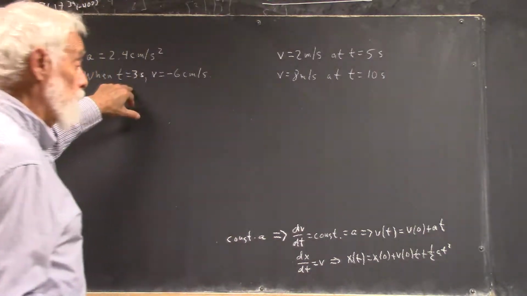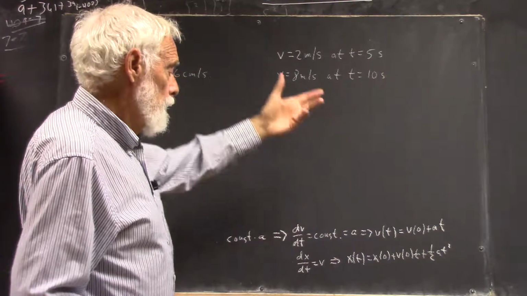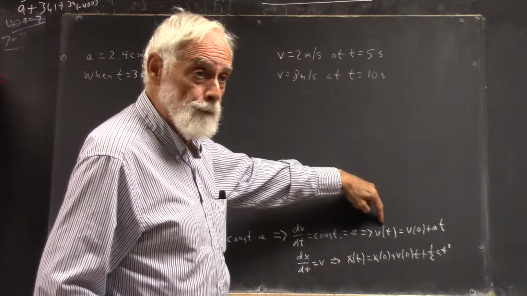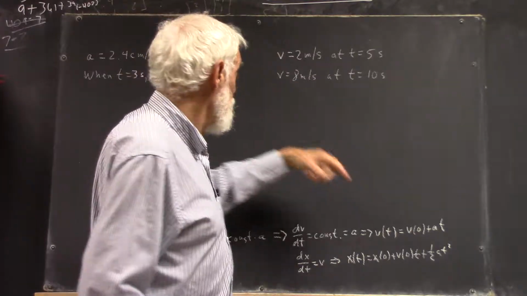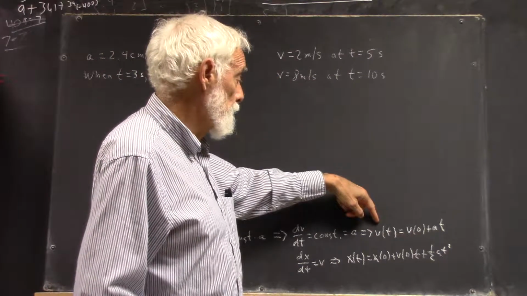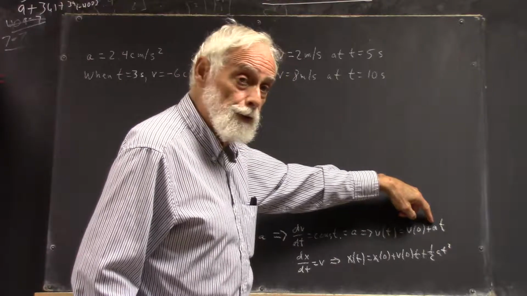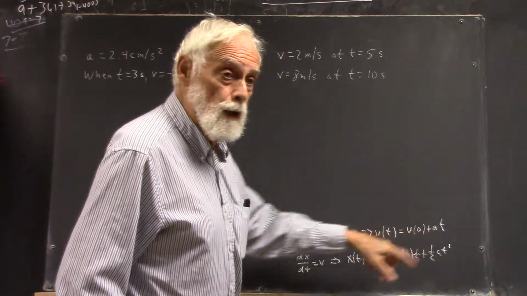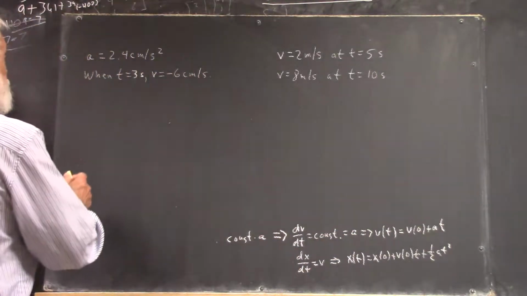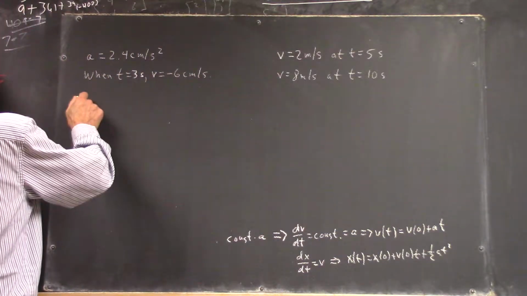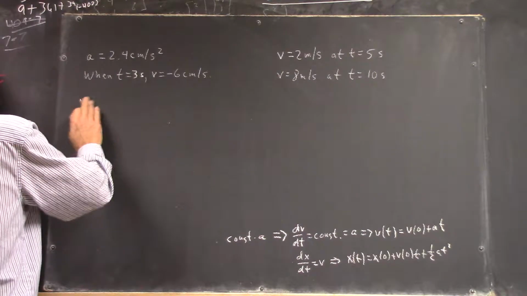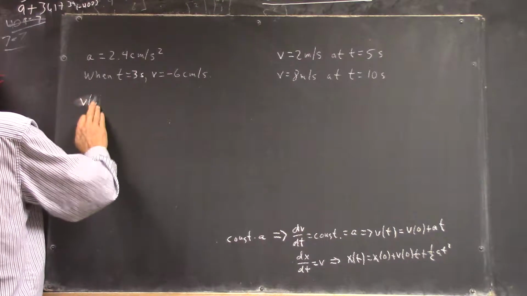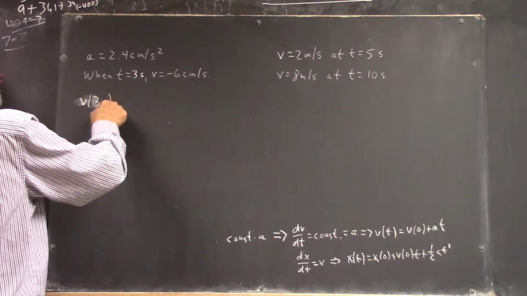Okay, when t is 3 seconds, it's -6 centimeters per second. We know the acceleration, so we can easily find v of 0. Then we have our equation for v of t. So first of all, well, yeah, we can do this. V of 3 seconds, messing this up,